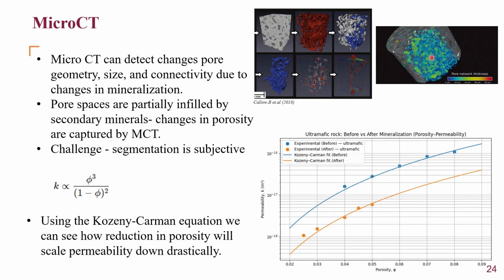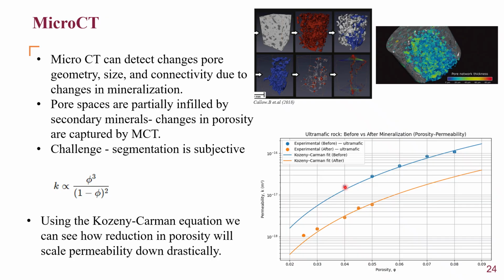This picture is also just showing us how pore connectivities or pore network thickness can be mapped using micro-CT. Using the porosity that we get from micro-CT, we can calculate or infer permeability from the Cousin-Kalmar equation, which has been done here using actual porosity data from a mineralization test that was done in the lab. You can see that from the blue line, which is the Cousin-Kalmar fit,